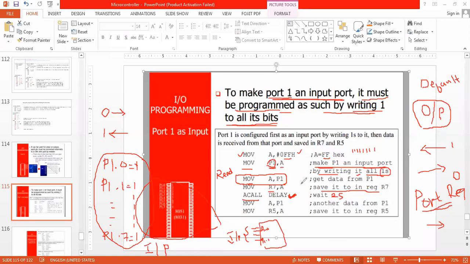For every 2 seconds, P1 is going to give me data, so I have to read the P1 pins. Another data from P1, take it into A and store that value into R5. So this is what I am doing here. Is it understood?